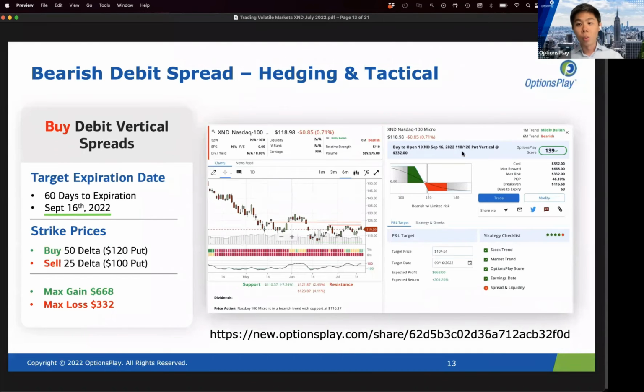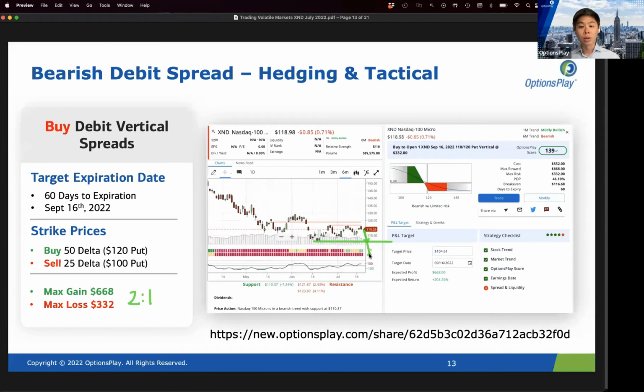I'm looking at buying the 120/110 put spread here, paying $3.32 for a $10 wide debit spread. This has a max loss of $332 and a max gain of $668, so about a 2-to-1 risk to reward ratio. This is betting that we're going to get back down to the bottom end of that trading range around 110